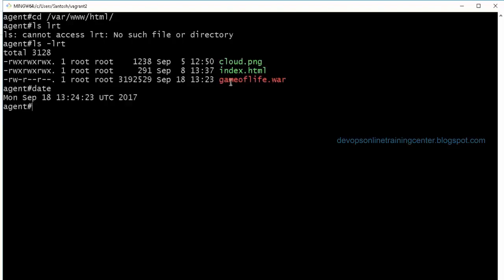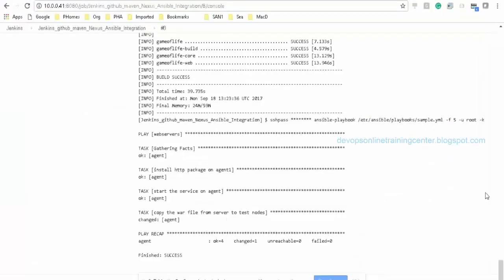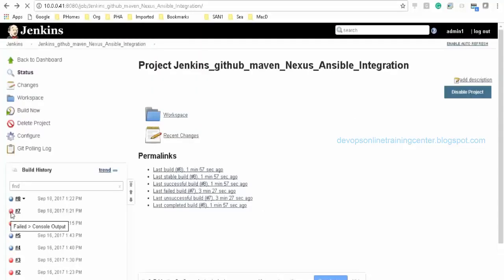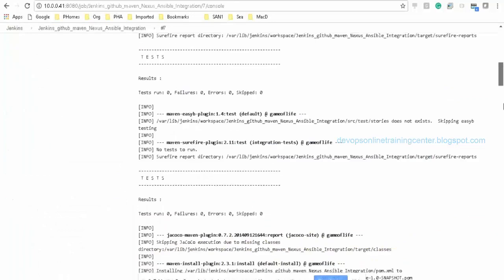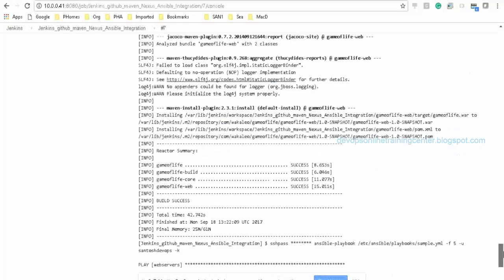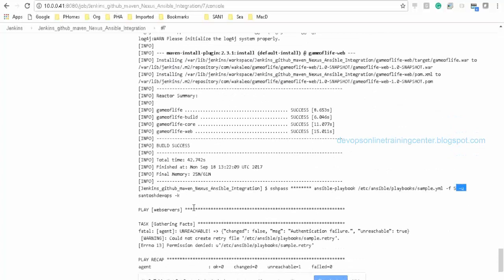Just a minute, what was the issue when it was failing? I gave the wrong user ID. Instead of root, I had selected my GitHub user ID. Oh, okay. Here you can see this internally gets resolved to -u root. Earlier, if you go to the console output in the previous job run, it was -u and it took the other user ID, which is wrong, right? It has to be root. Okay, that's why it failed, saying permission denied.